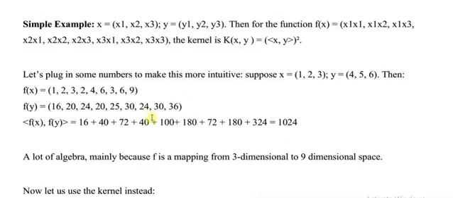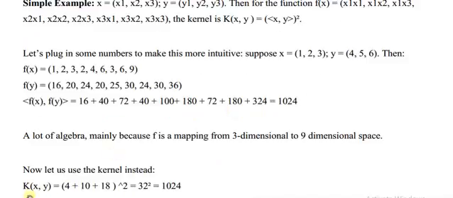Now, suppose I use the kernel function. So what is the kernel function? One of the standard kernel functions is, for xi and yi, just take the dot product of this and square it, and we get a polynomial kernel. So that is how we got (4 plus 10 plus 18) square, equal to 32 square,